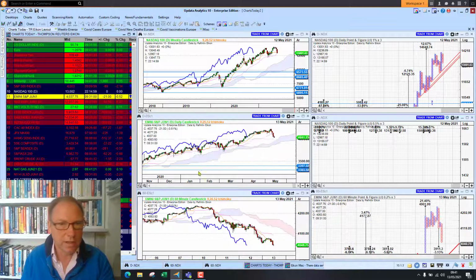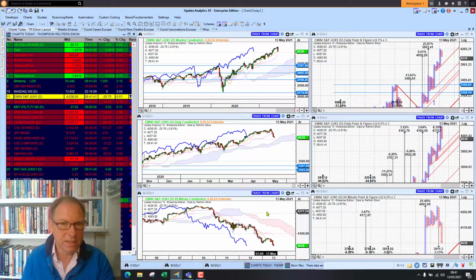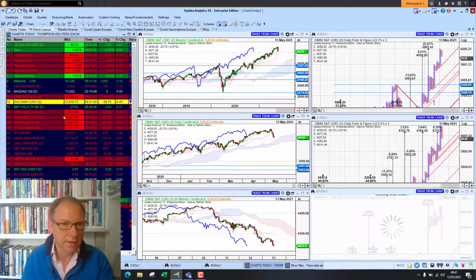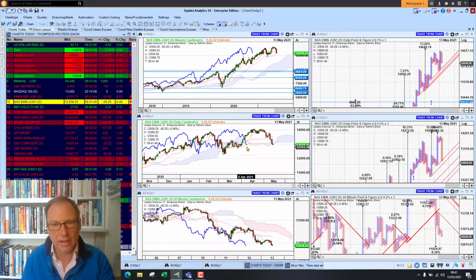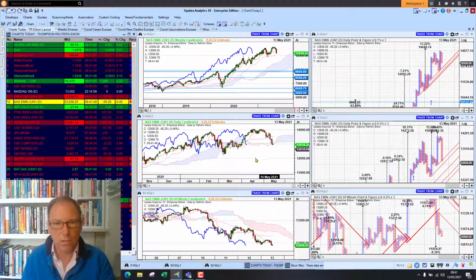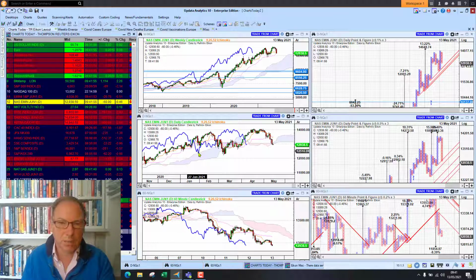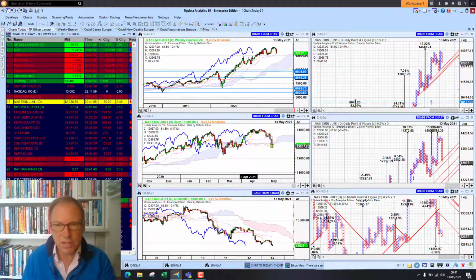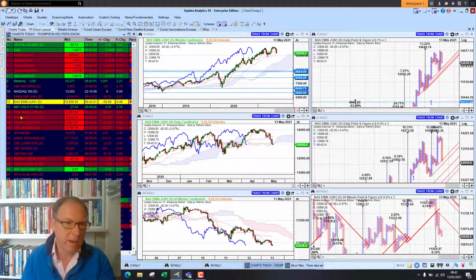Looking at the futures markets, looking like we'll go lower still today. We're down 0.5% on the S&P future, down 0.5% on the Nasdaq E-mini, and again that daily chart just starting to wander below the cloud. When we went below the cloud in March with prices, that wasn't enough to pull the lagging line below the cloud, but this time it will. So again, downside potential here on the future of about 8%.